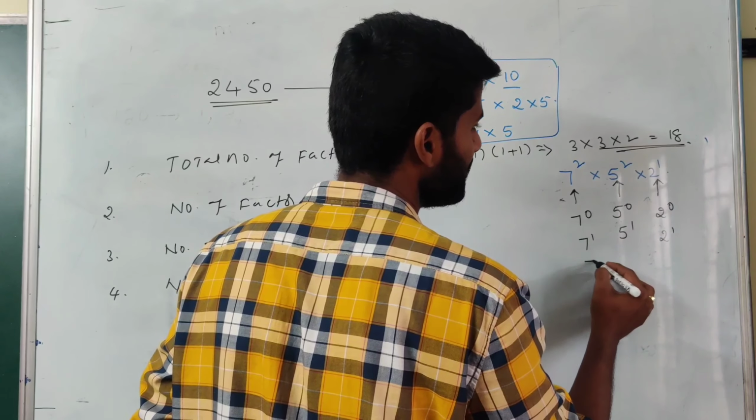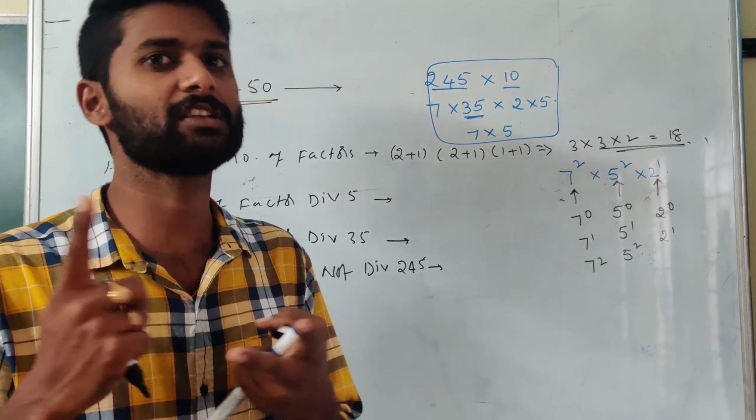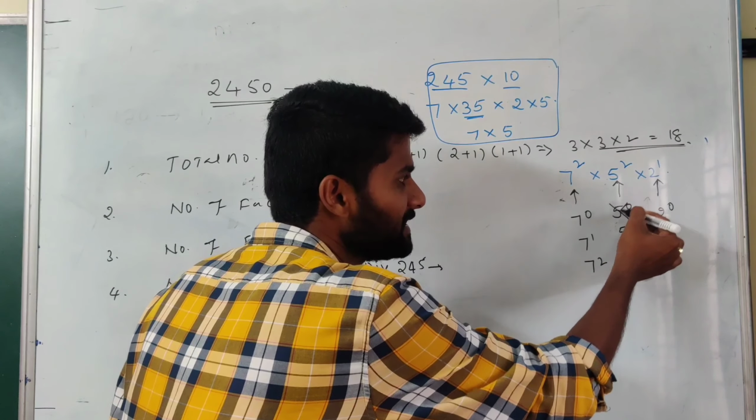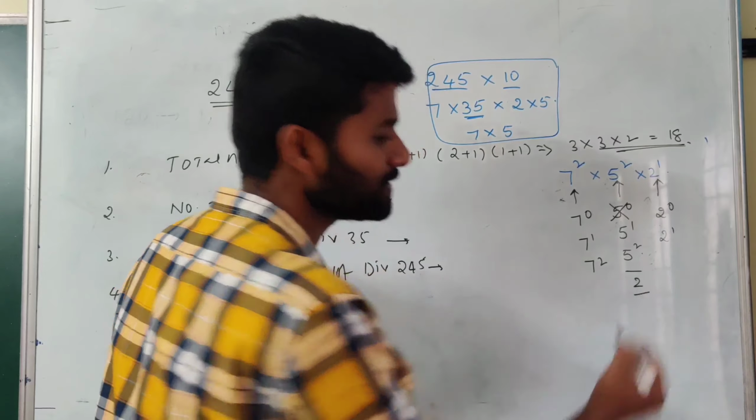Okay, here the question: number of factors which are divisible by 5. If the number of factors is divisible by 5, it means we require 5 as a definite number. So we consider 5 and 25, which are also divisible by 5. That's why we simply eliminate 5 power 0 only. Then how many numbers do we get here for this question? We get 2 numbers.